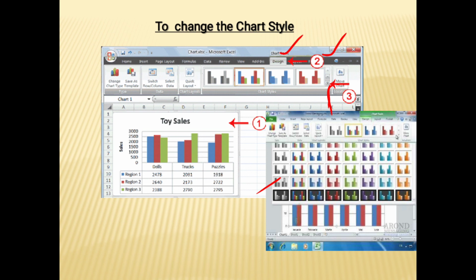Chart titles, axis titles and data labels are in the layout tab. Chart type, chart style and chart layout are in the design tab. I hope all of you understood these topics.